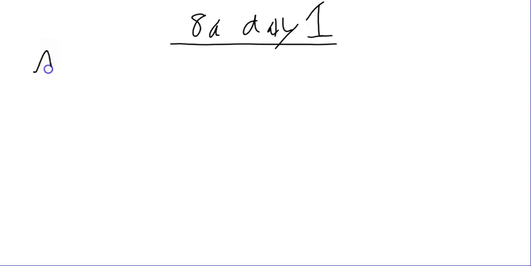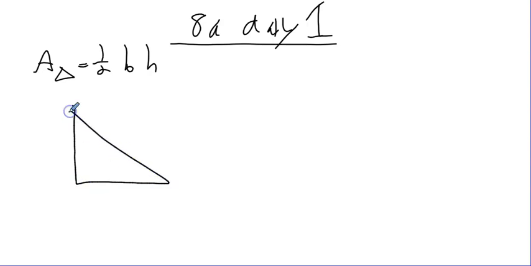So area of a triangle is 1/2 base times height. And that's the formula. Now we're talking about the different types you can have. So if you have a triangle that looks like this, you have the base here and the height here. Well, let's say this was 3 and this was 5. Okay? Then simply all you would do is area equals 1/2